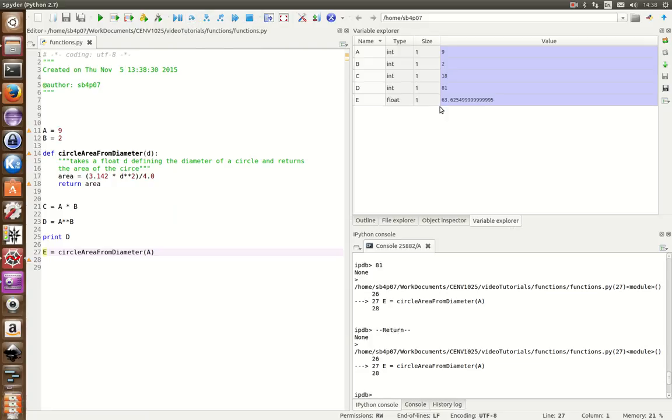And so we create a new variable called E in our variable explorer, which is 63.625, which I hope is the area of a circle with diameter 9. Okay, now that's all very well, except we didn't really see what happened very much there, so I'm going to do that